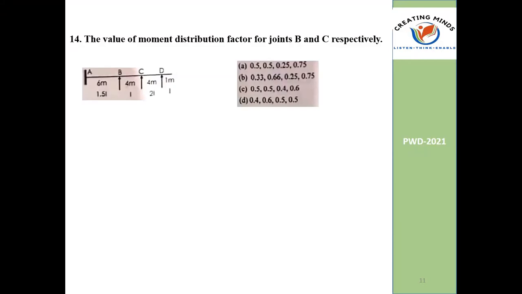What is the distribution factor for this case? I'm asking for the moment distribution factor for joint B and joint C. So how do we compute the distribution factor? We know that the distribution factor at a fixed support is 0. Here we have an overhang, which also gives 0. But we are getting B and C, the intermediate joints. For joint B, the members are BA and BC, and for joint C, the members are CB and